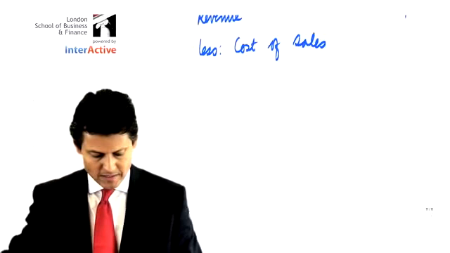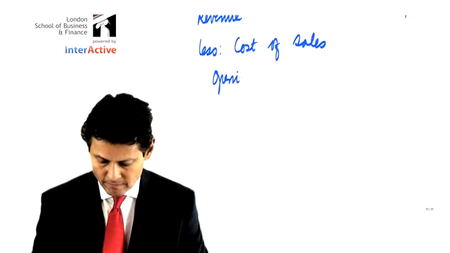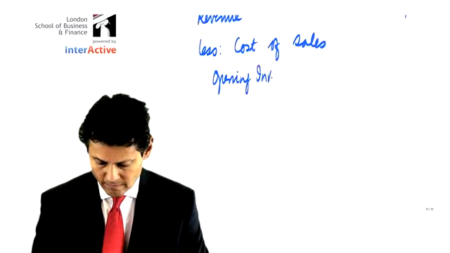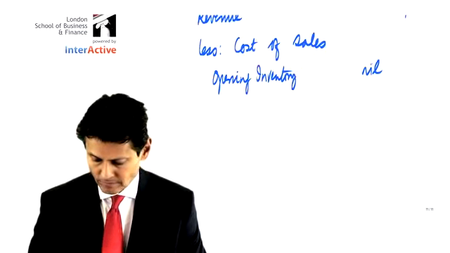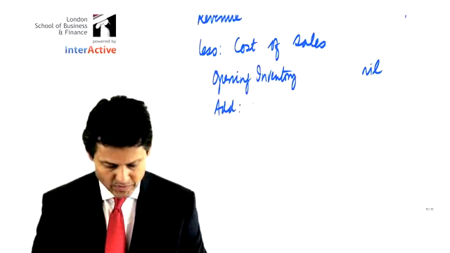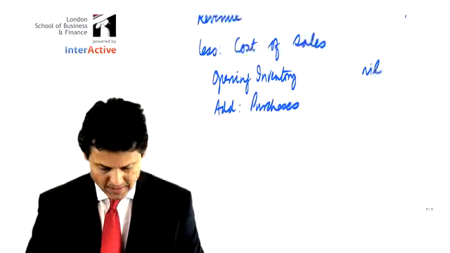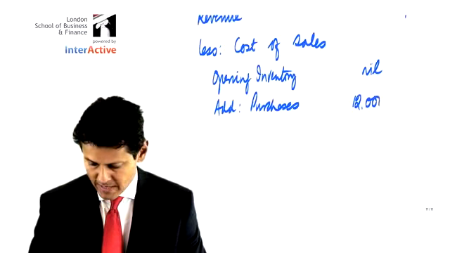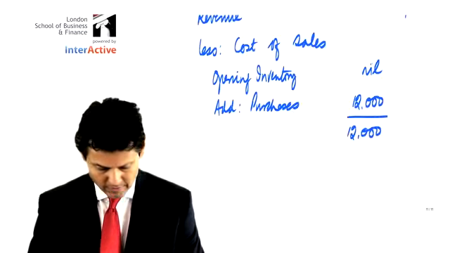Cost of sales, the opening inventory, there is none in this question. A debit item, so I'll say nil. Brand new business, of course. Can't have any opening inventory. Add purchases, 12,000, a debit item. 12,000 running total,